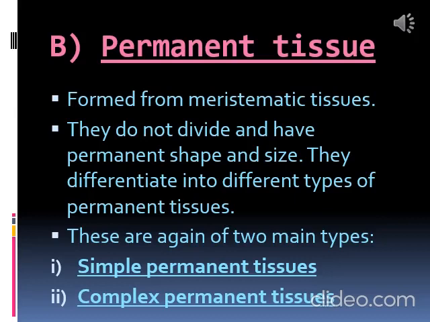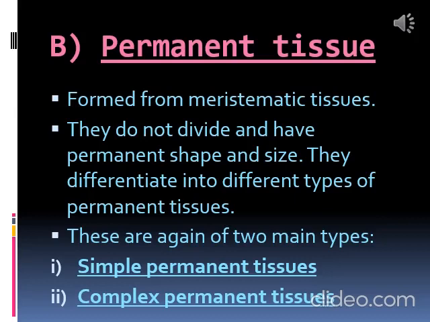Now again, permanent tissues have attained a definite shape and size, which does not alter. Permanent cells have specific functions. They can be thin or thick. Thickening may be regular or irregular. Permanent cells normally do not divide. They may be living or dead.